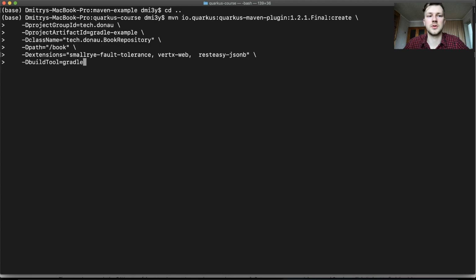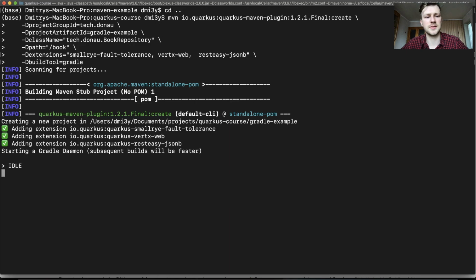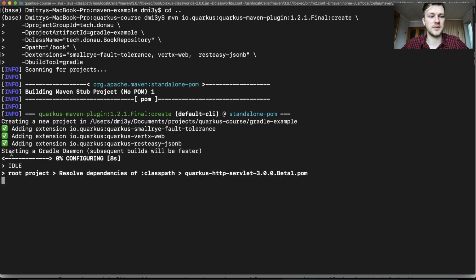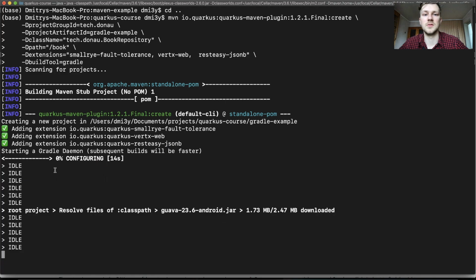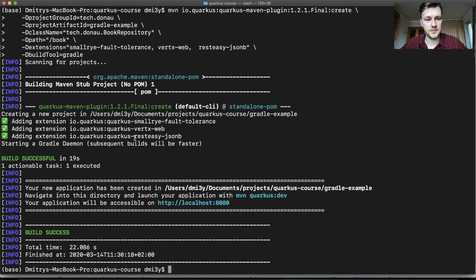When you execute it, you will see that it's a little bit unintuitive that you use Maven to build a Gradle project, but that's what it is. You can see it's already started Gradle to create a project. So the way Quarkus decided to do it is to use the Maven plugin to build a Gradle project. So yeah, that's how it is basically. Now they say that you can use Maven Quarkus dev,